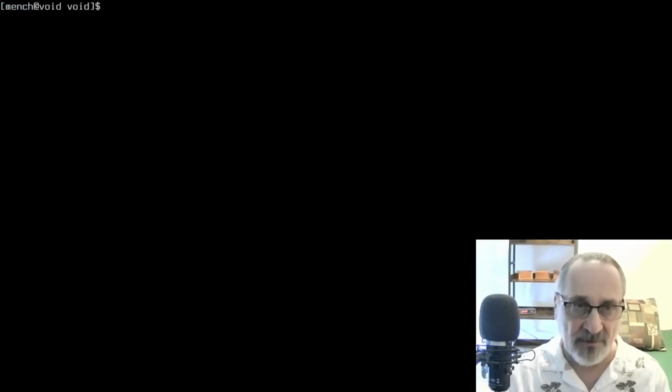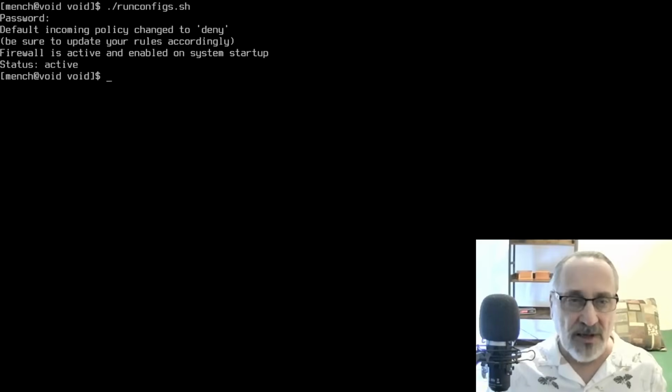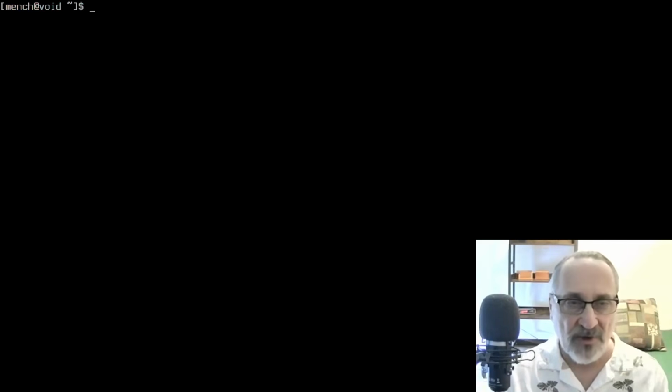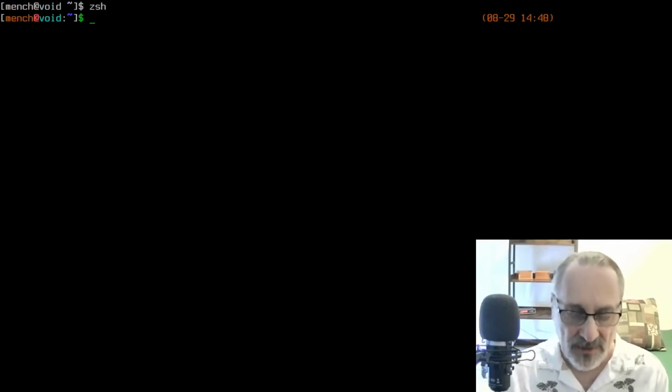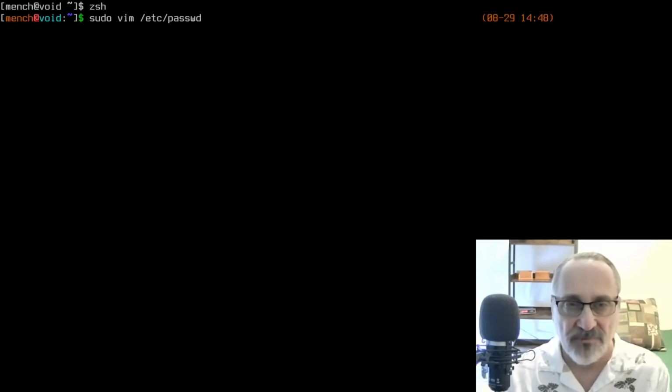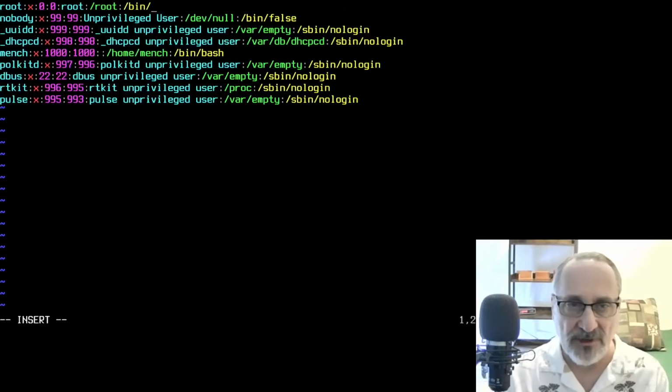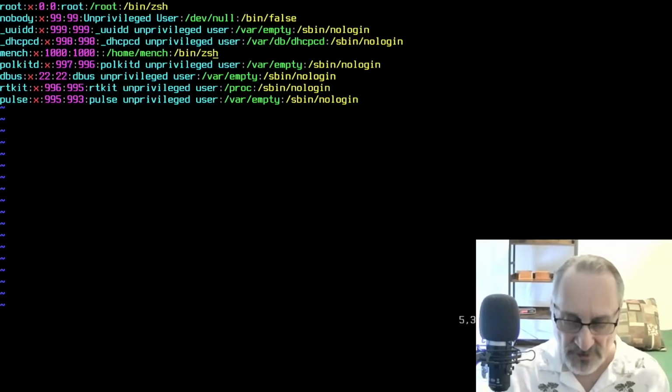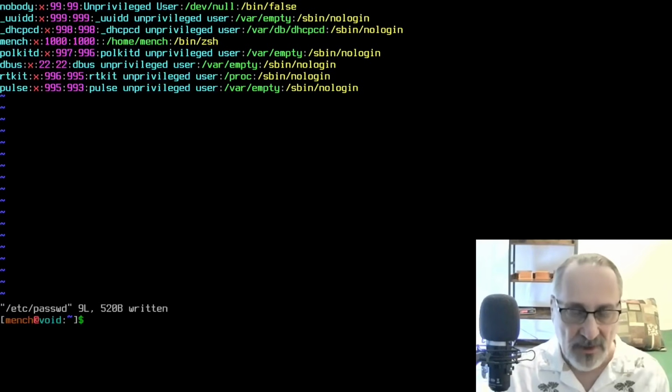Going to get out of there, clear the screen. I type in run, put my password in, and that's finished. That was fast, eh? So I'm going to type in Zesh. And I'm going to do sudo vim Xfce password. And I'm going to go to the end of the first line and change it to Zesh. And I'm going to go down to the Mench line and change that to Zesh. And I'm going to save the file. And I'm going to exit,